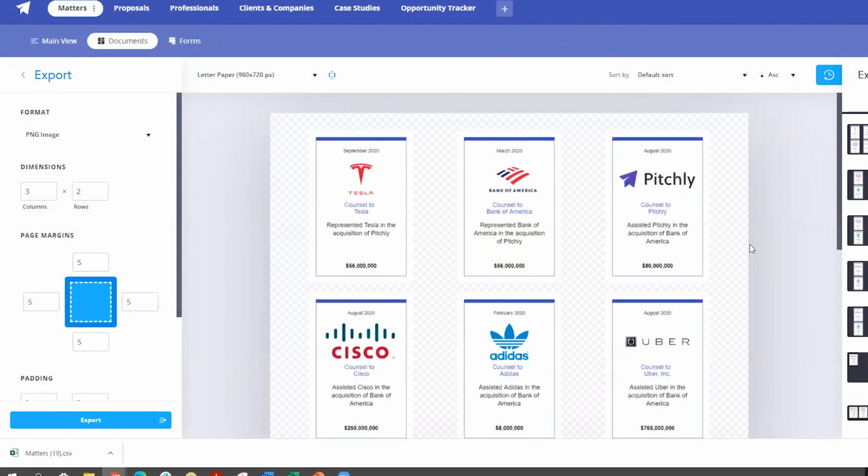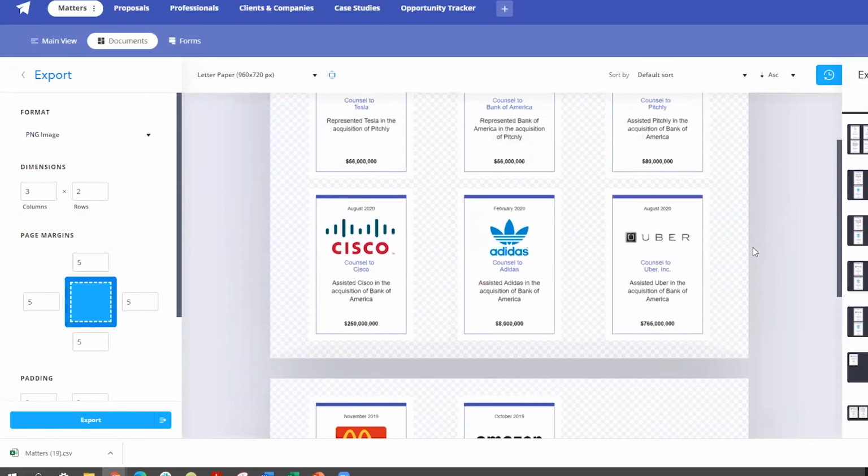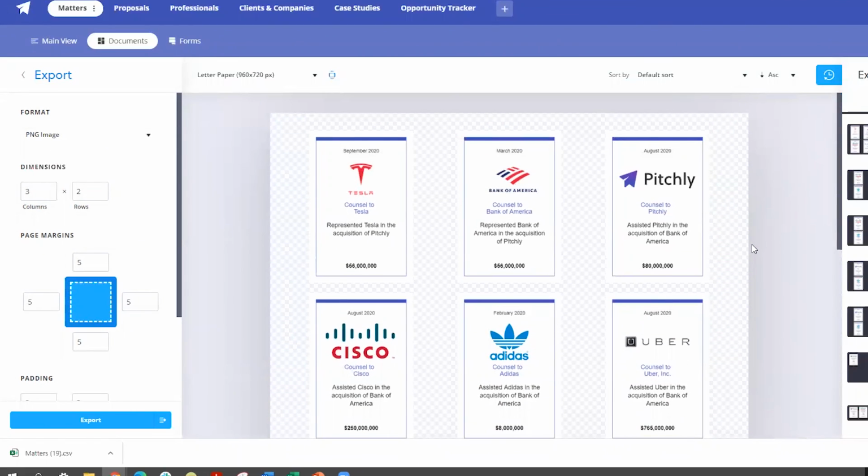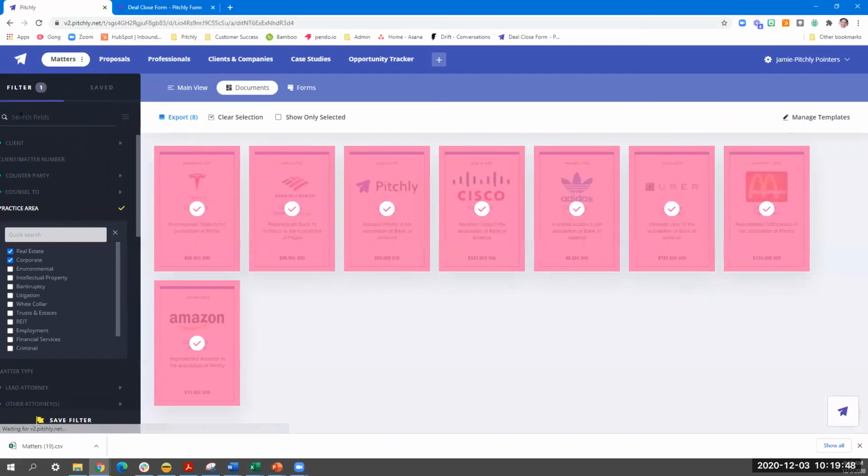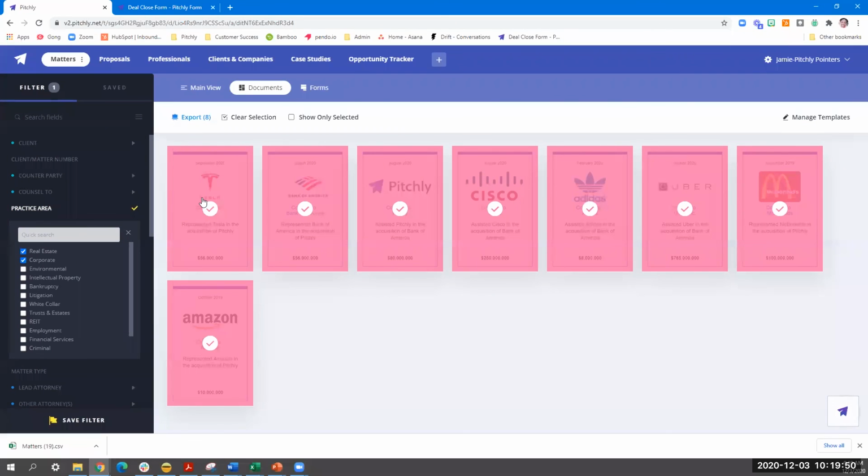And if I select to export this as an image, each page is going to come out as its own individual image file. So again, the ways to export that information out are also ways to generate proposals as well, based on the information or the applications that are stored